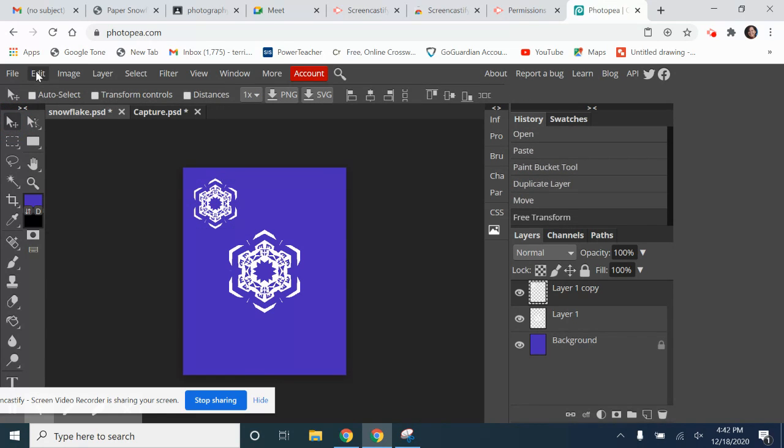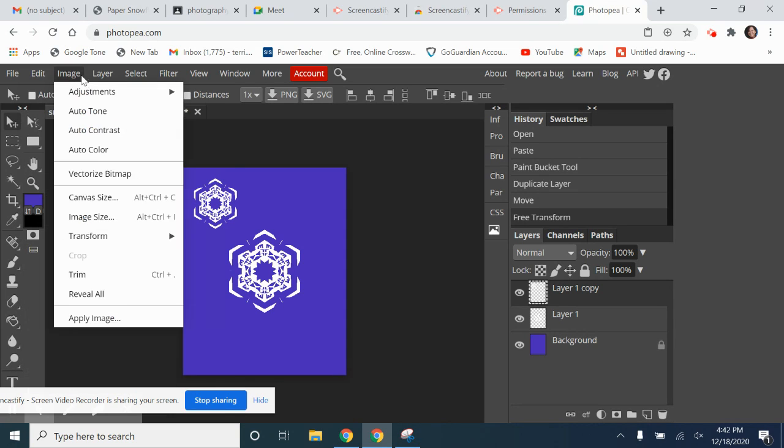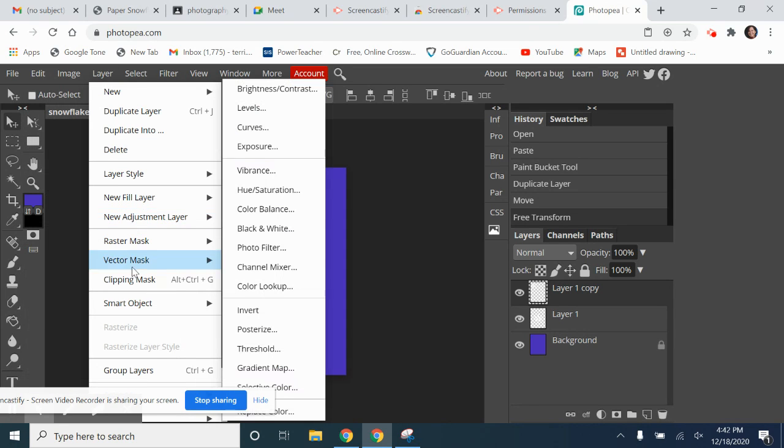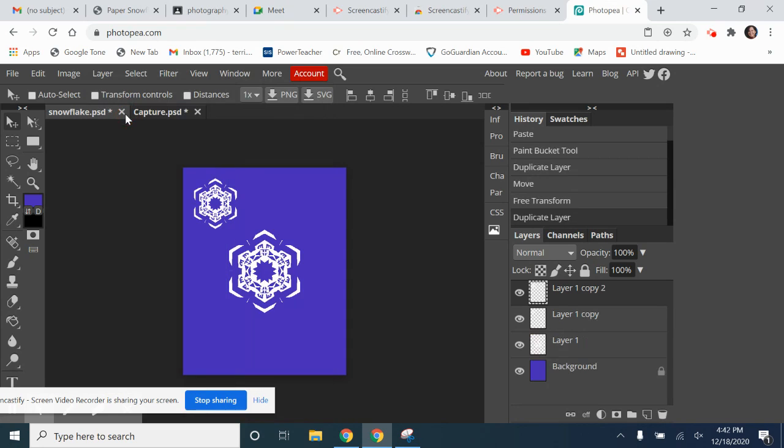Okay, and I can fill the whole thing. Edit, layer, duplicate layer, and I can just kind of fill. I can also change the opacity too, so I can blend it into the background if I want to, so some of them will fade. Okay, so I can fill that all up like that. Or